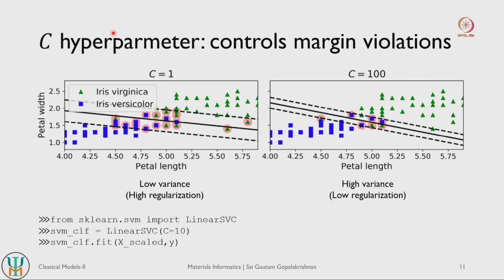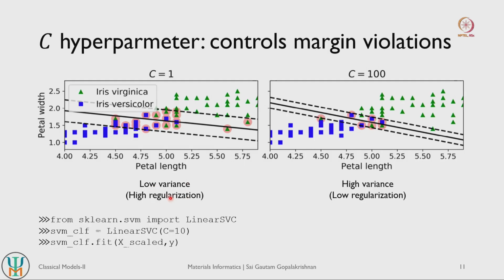One important hyperparameter that is associated with support vector machines is the C hyperparameter. This is basically a regularization hyperparameter, similar to our logistic regression as well as softmax regression. What the C hyperparameter does is that it controls how many margin violations or how many outliers your model can actually resist. If you have low values of C, your model is very highly regularized. In other words, your streets are forced to be as wide as possible, and your model needs to take in a large number of outliers, because your model cannot overfit in some sense.